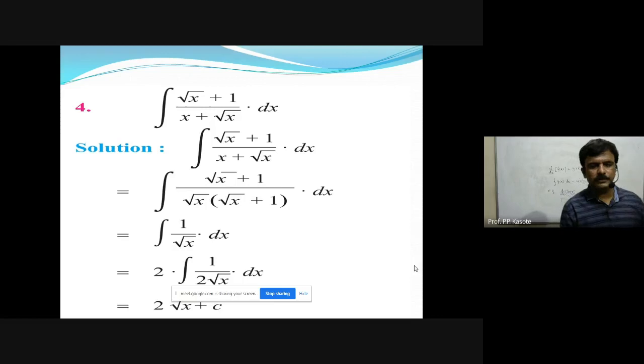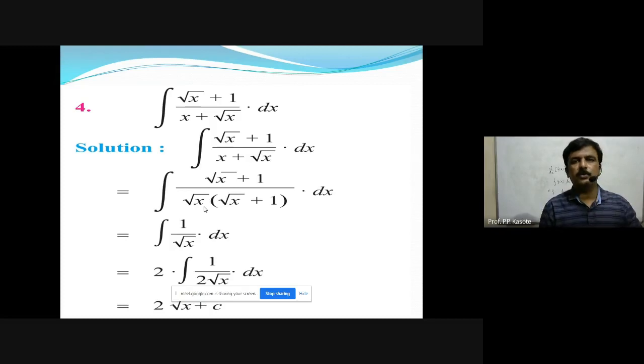So here also you can observe that we are asked to find the integral of root x plus 1 upon x plus root x. So from the denominator we'll take root x common. Now the question is, why take this root x common? There is no answer for this. For our convenience, we are taking root x common. How will you come to know exactly what to do? There is no such rule to perform such steps. The only answer to this question is, if you practice more examples, you will easily understand exactly what to do to simplify the given function.